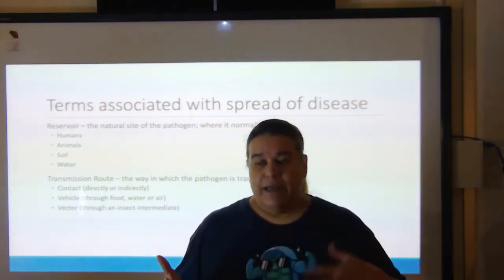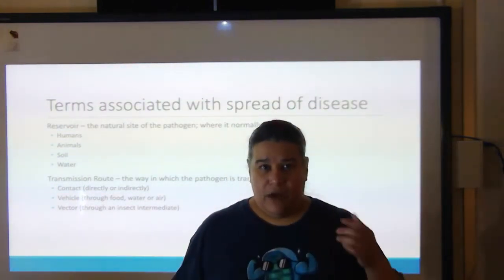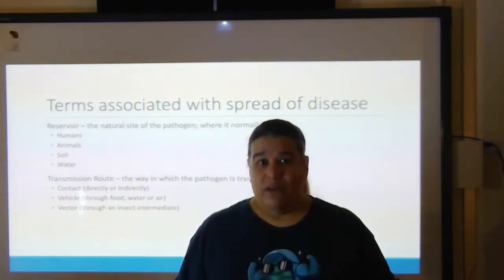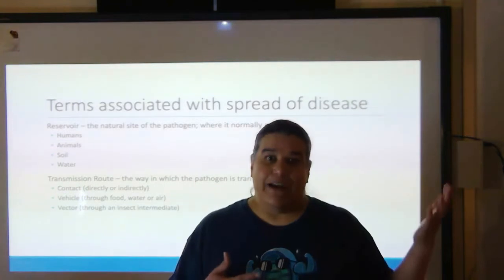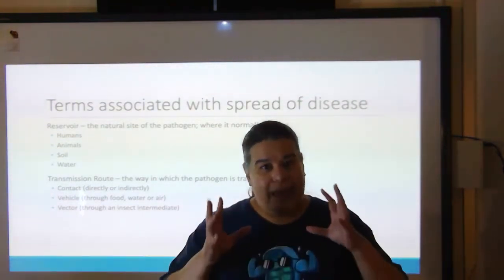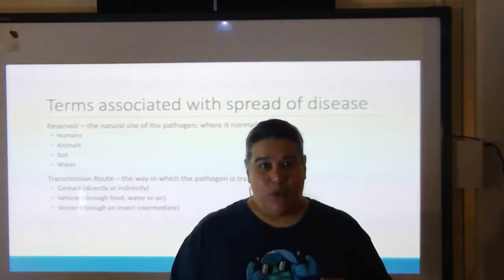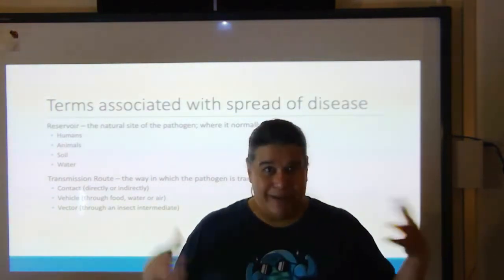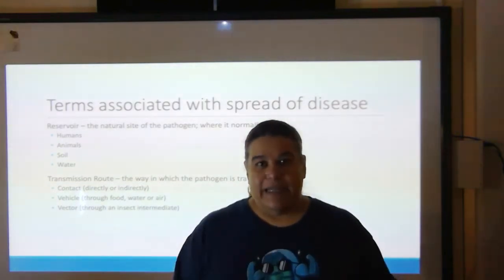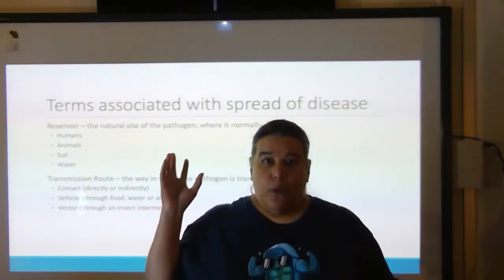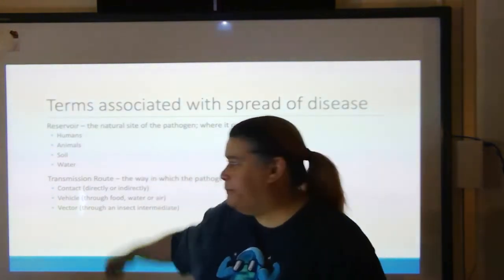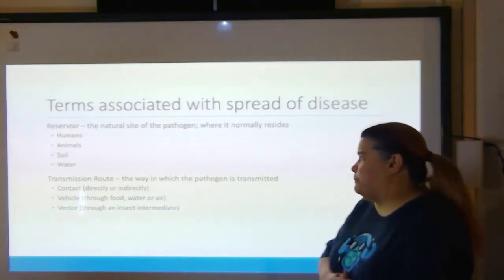I talked about tetanus earlier. I talked about lockjaw. That is normally found in soil. Yes, soil can get on things and you can puncture yourself with those things, but the actual pathogen is in the soil. It's not in a human. It's not in an animal. It's not a rusty nail. It literally is from soil. What is the place where that thing resides? That's the reservoir.